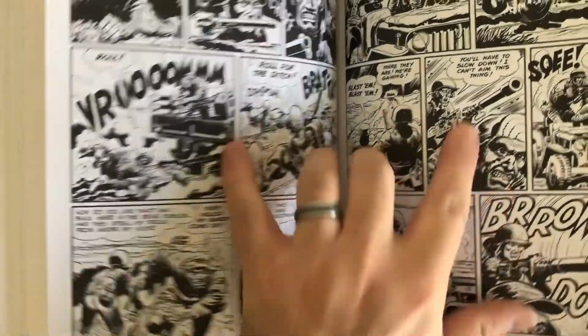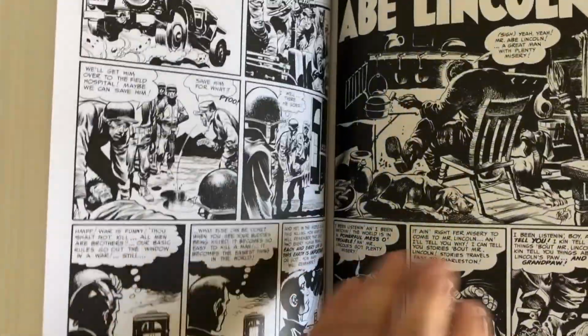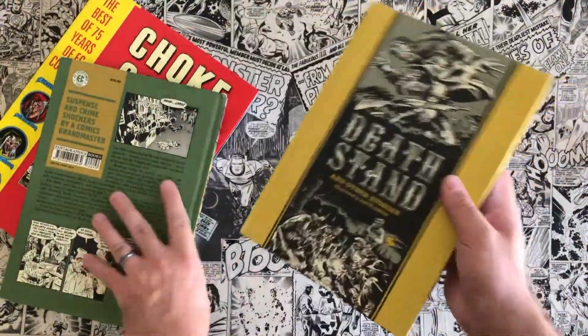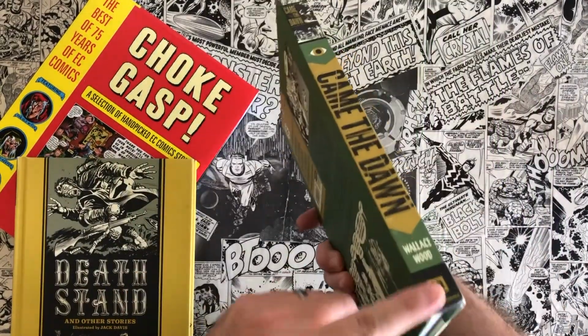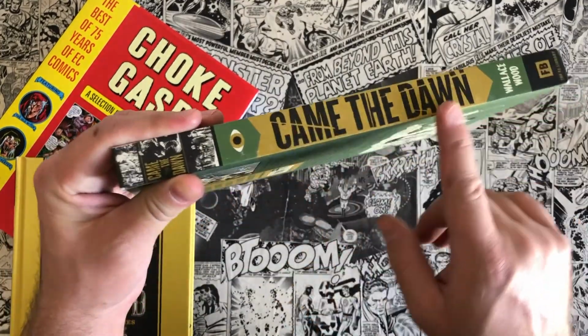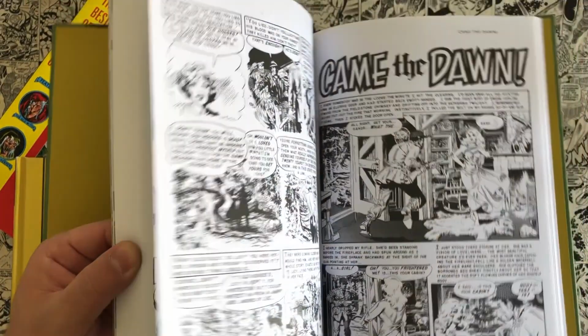sketchiness of, yeah, even the speed lines and stuff like that. I feel like you miss a lot of that when you put color over the top of it. So I think I prefer these Fantagraphics collections better. I'm going to hold on to my Choke Gas collection here, but I think the way I'll collect these from now on will be to try to collect all of these Fantagraphics books. So this is Came the Dawn by Wally Wood. Wally Wood is another of the top name artists from EC Comics, one of the